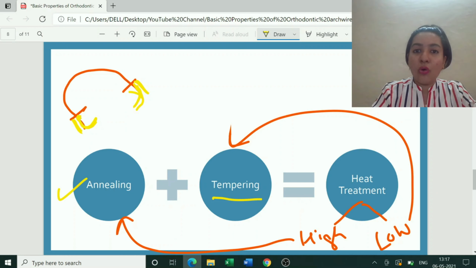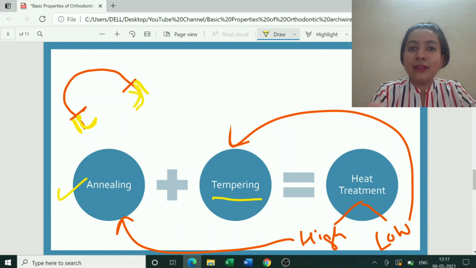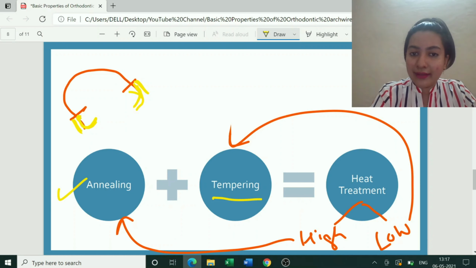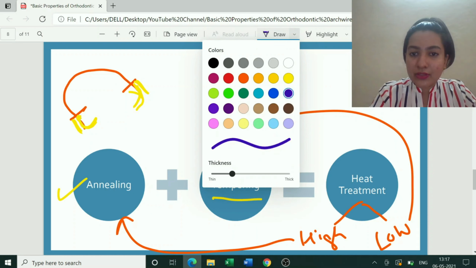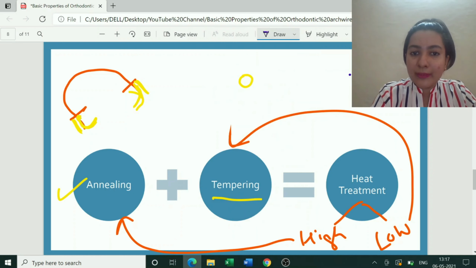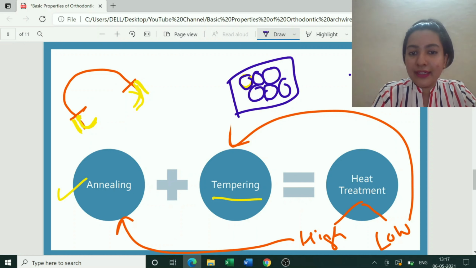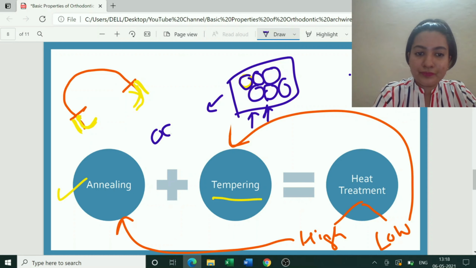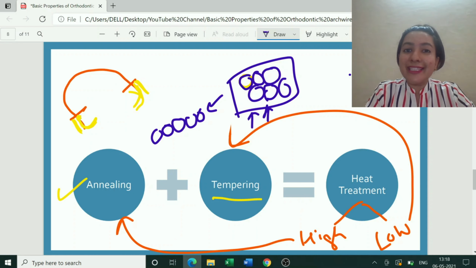What happens is, all the molecules which are present in the wire, when you were working on the material, were disorganized. They must be in this manner. Now you take this section and heat it over a flame. This is you applying light heat. What happens? They rearrange themselves, or all the molecules realign themselves.